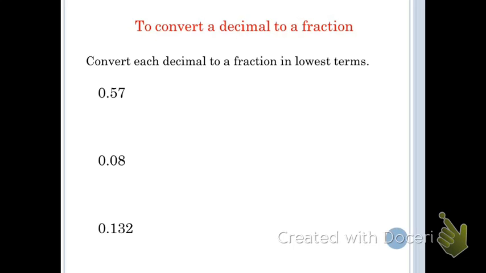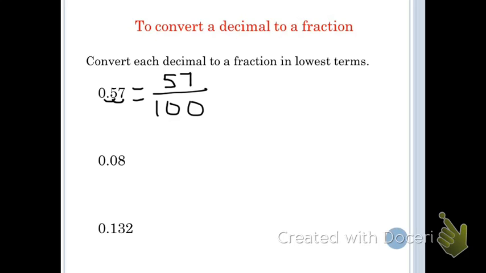Convert each decimal to a fraction in lowest terms. 0.57, we have 57 in our numerator, 57 hundredths. And 57 100ths is already in simplest form. The next example,